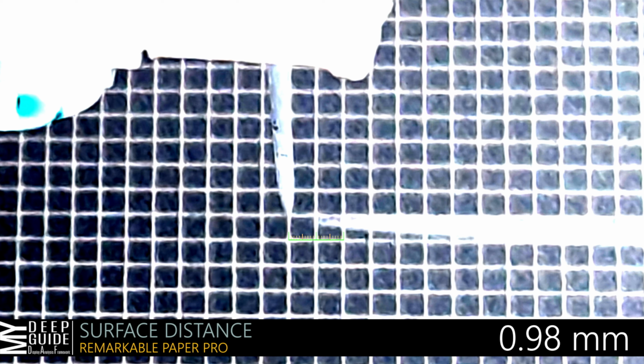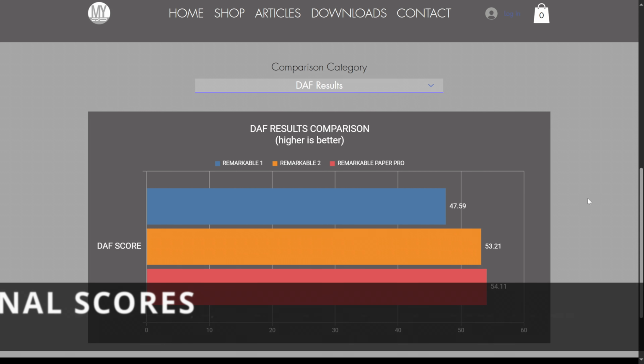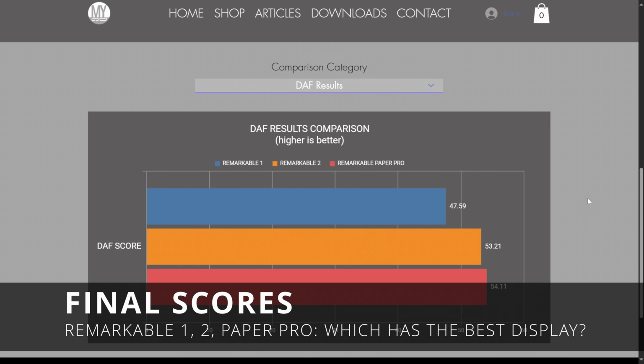When I zoom in and check it out, I think it's lost in these details, but when I was doing detailed measurements, I saw it there. And it's interesting to see that they maintained very, very close results. As we can see here, 0.95, 0.9, and 0.98, with an asterisk that at 0.98, Remarkable Paper Pro does have a front light, albeit most of the Boox devices and other devices are at 1 millimeter with the front light. So yeah. All right, so I'm really interested to see what the final DAF results look like, because